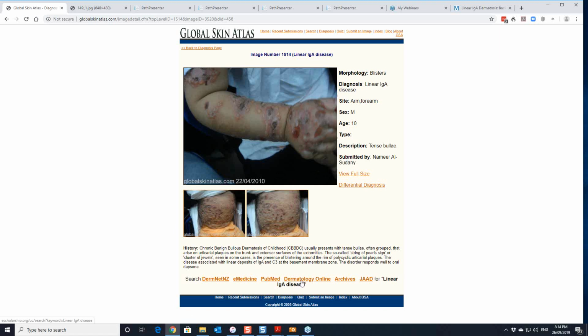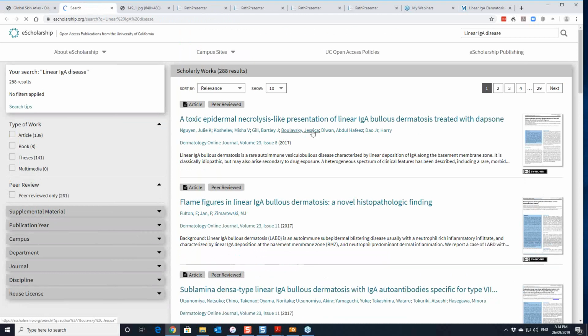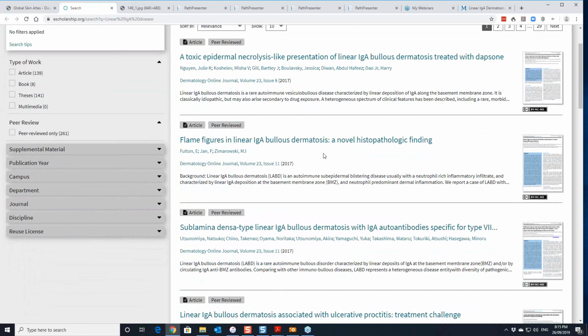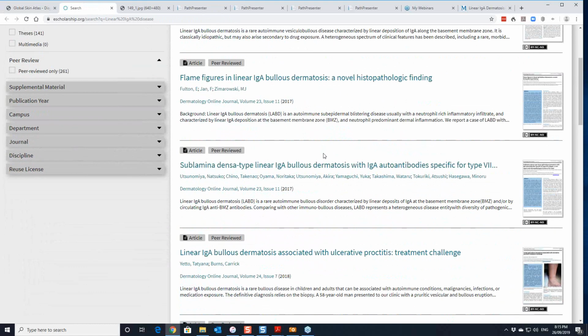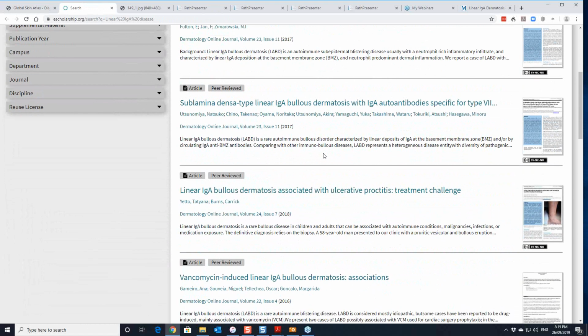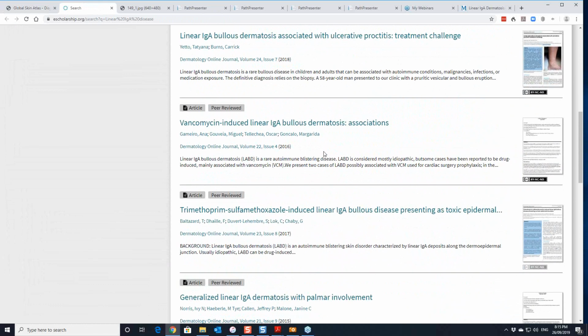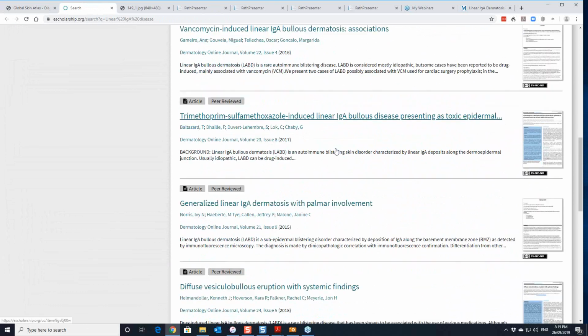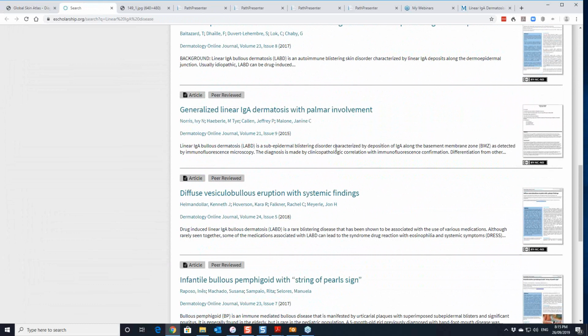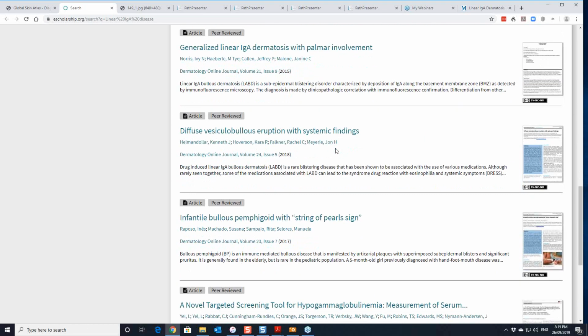I'd also advise you to have a little look at DermNet online. It's probably one of the better resources if you want to do a search for some of these diseases and some of the variations that you can in fact get in this if you're looking at the histology, especially the immunofluorescence picture. So you can see there's a wide range of articles here